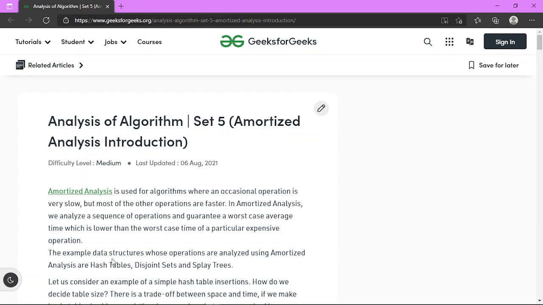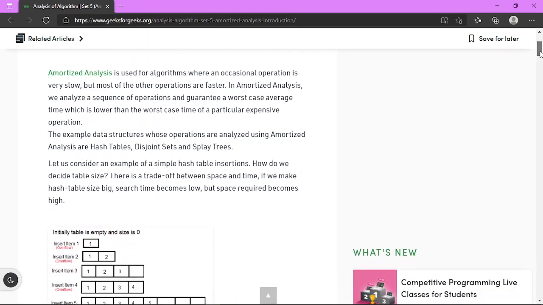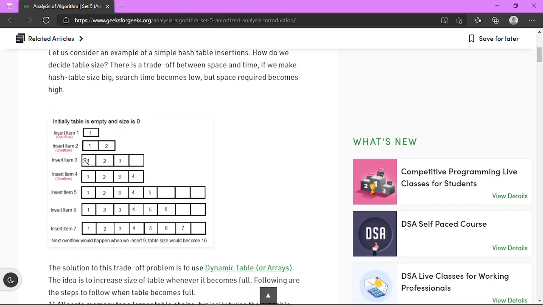This is used in hash tables, disjoint sets, splay trees, whatever we can call it. Let's take an example. Let's say you are using a hash table and you have to insert items in that table. Internally, first you define how much space you require.